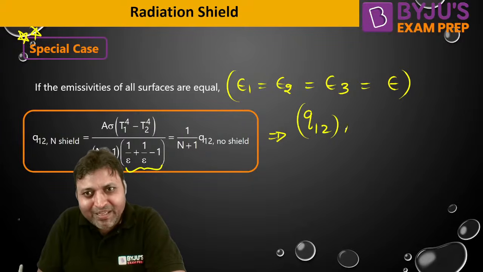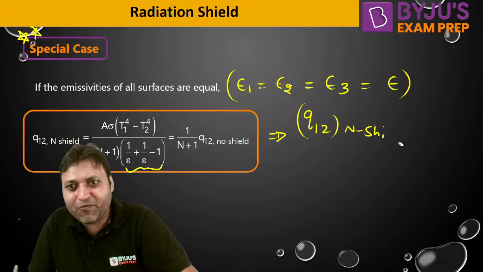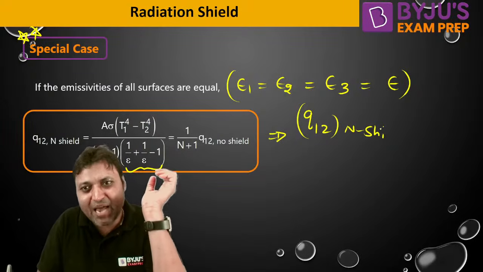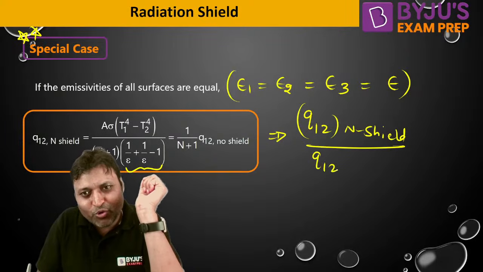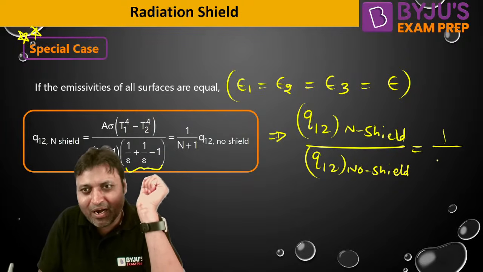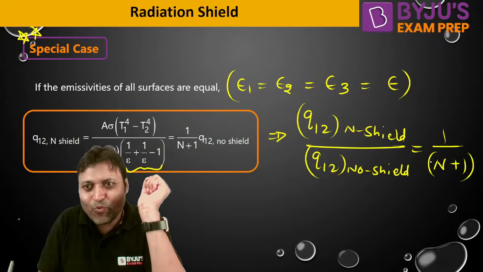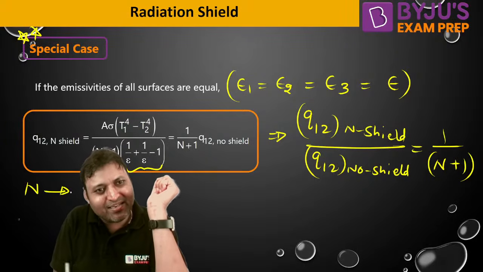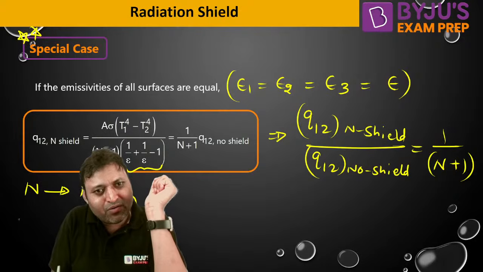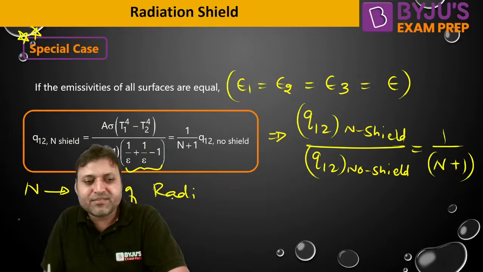Q12 with n shields divided by Q12 without shield will be equal to 1 upon n plus 1, where n is the number of radiation shields